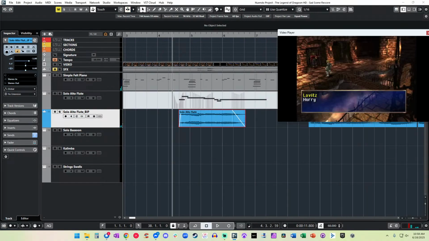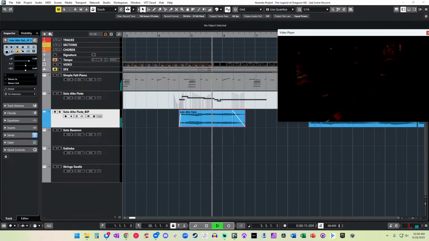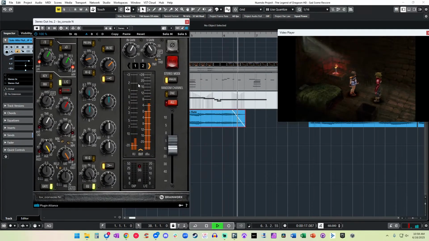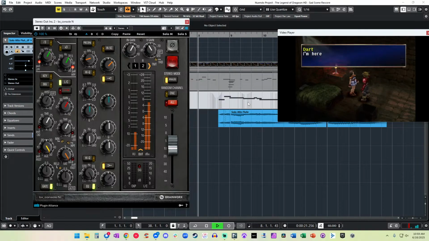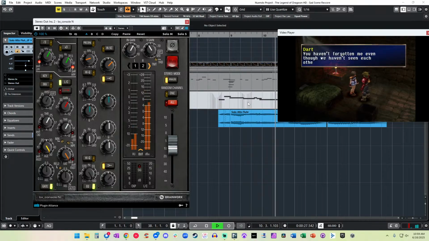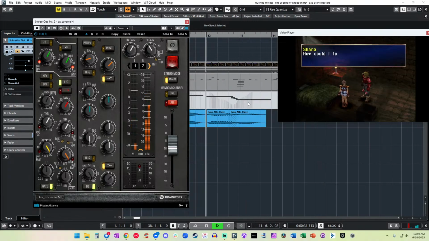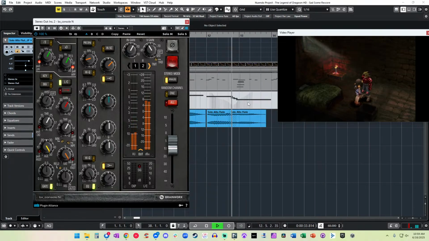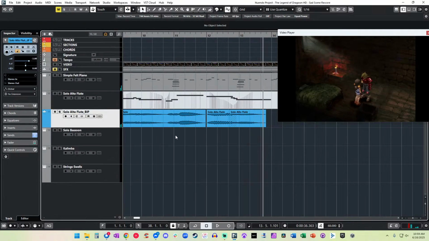Now here it is with the Neve console. It's subtle, but it makes a difference.